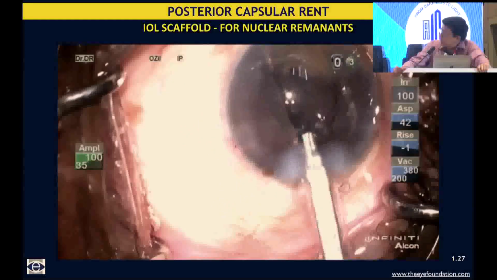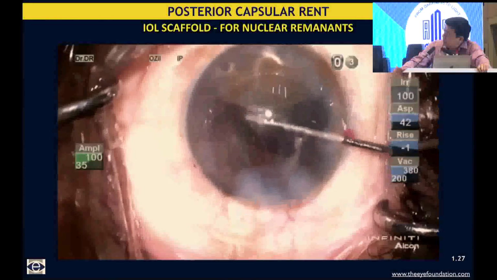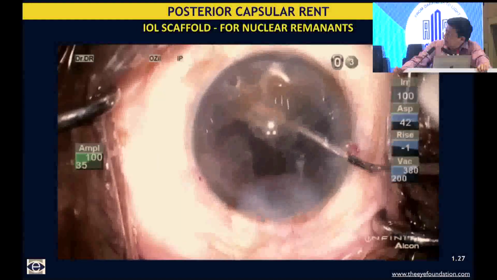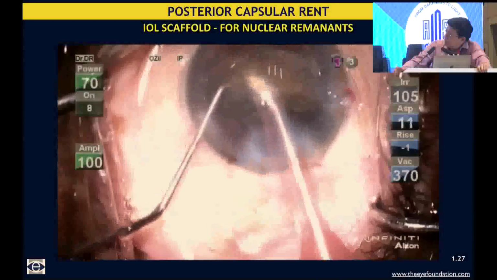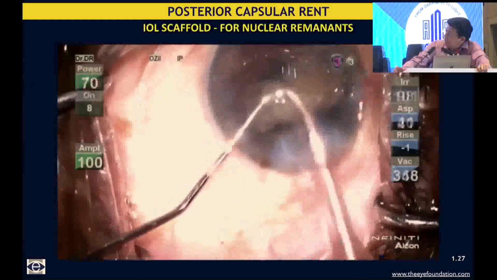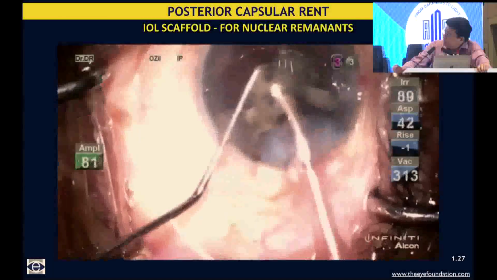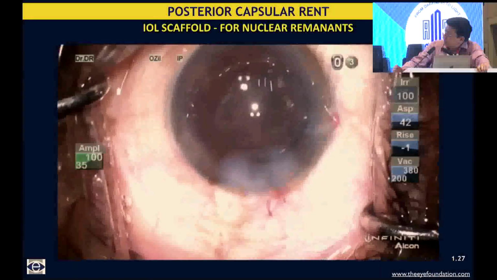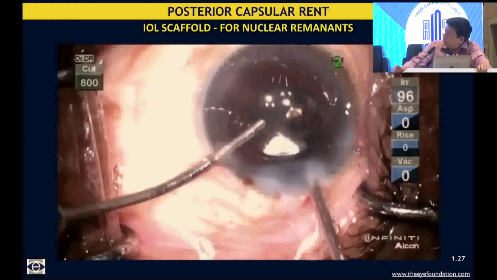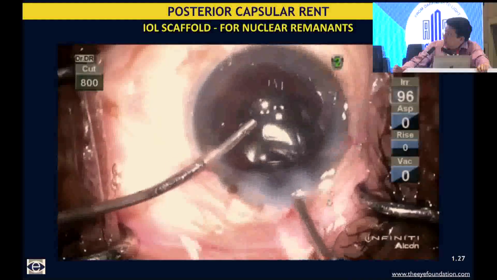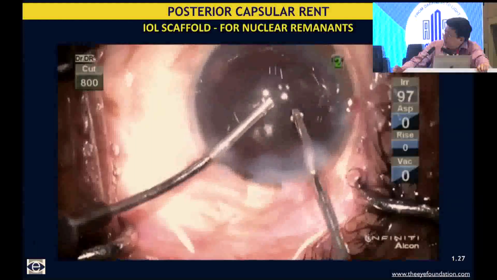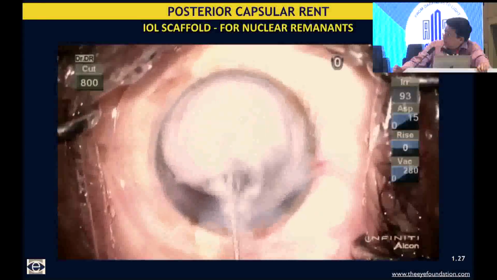The patient had a 2.2 millimeter incision for the single-piece lens. I enlarge it for introducing a 3-piece lens, place it inside, and with the intraocular lens itself acting as a scaffold to prevent the nucleus fragments from falling in, I go ahead and remove the nucleus, and now I go behind the intraocular lens with the irrigation in the anterior chamber and do a good anterior